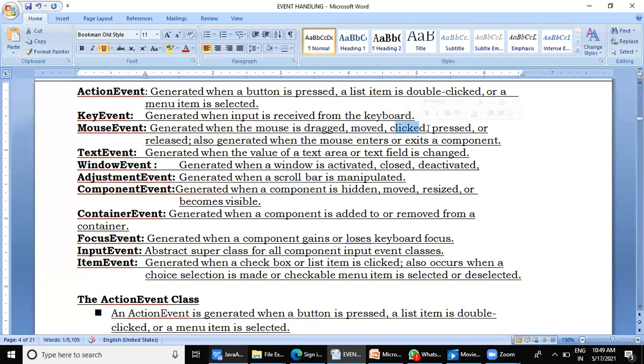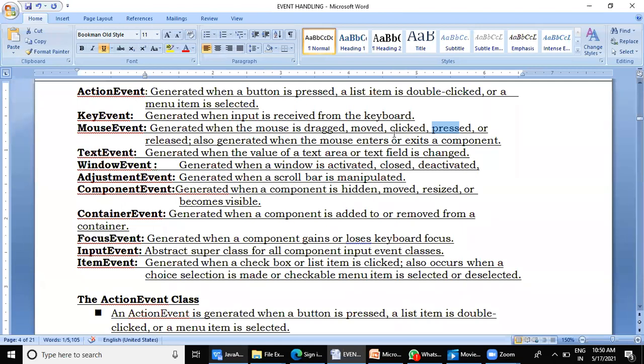Then when it is clicked, when it is pressed. You may wonder what the difference between click and press is. Click is the procedure of getting the button down and coming back to the original state. The entire click process happens when we press the mouse button and it comes back to its original state.